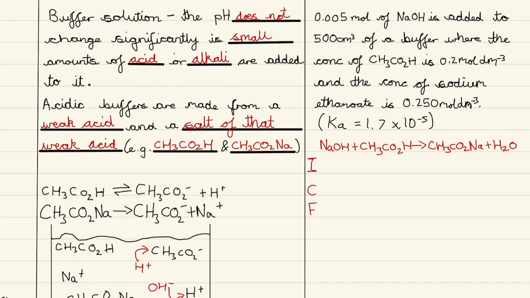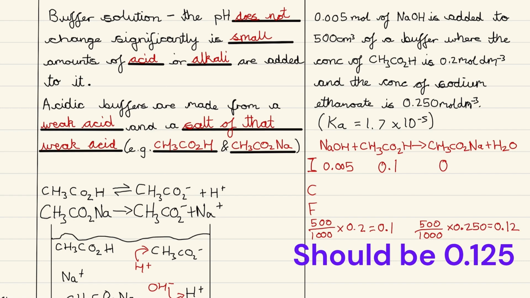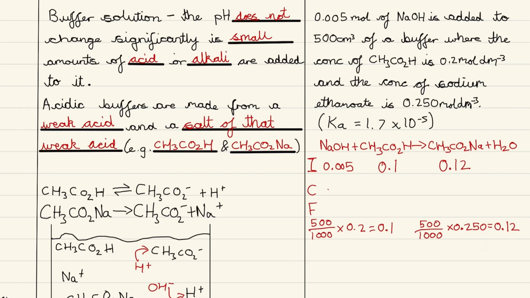And we have 0.005 moles of sodium hydroxide initially, and we can work out the moles of ethanoic acid by doing volume times concentration, and that gets me 0.1 moles. And in a similar way we can work out the moles of sodium ethanoate, which is... okay, so when this reaction occurs, all of the sodium hydroxide is going to react, and we get